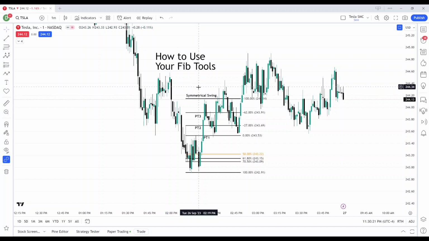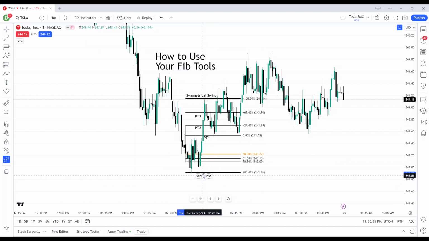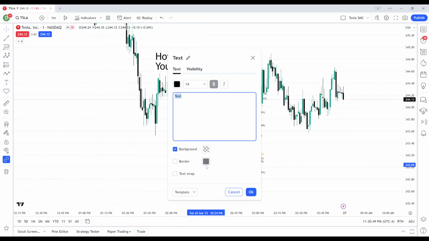Okay, and you can see where price went. Right? We came back, we hit optimal trade entry, we never closed out. I'll label that as well. Stop loss below or right at 100%. If you get stopped, you get stopped, and that's just the nature of the game. This trade did not get stopped. Okay, swing low, swing high, optimal trade entry. Let me label that for you as well so you guys know what it's called. Optimal trade entry